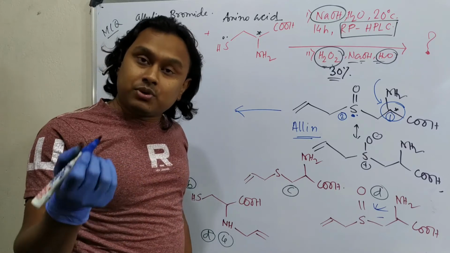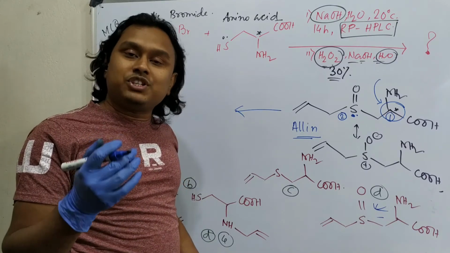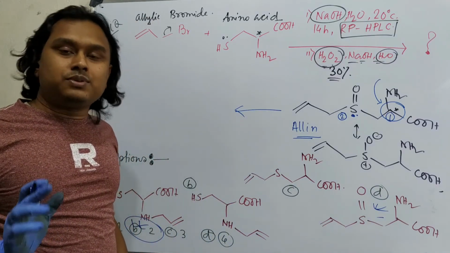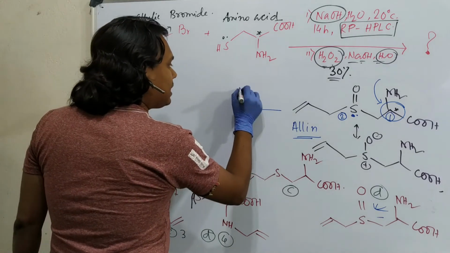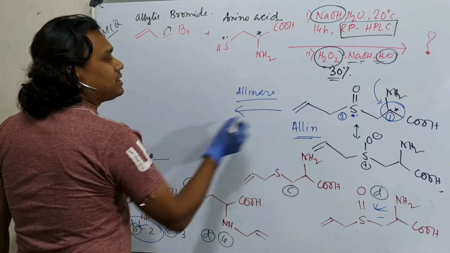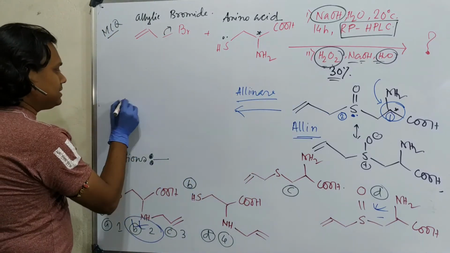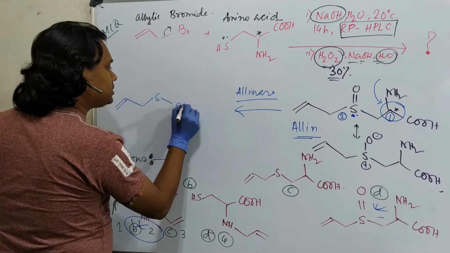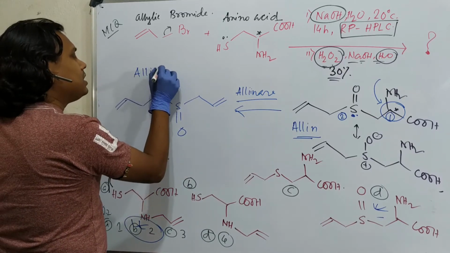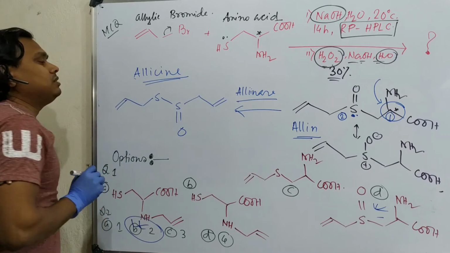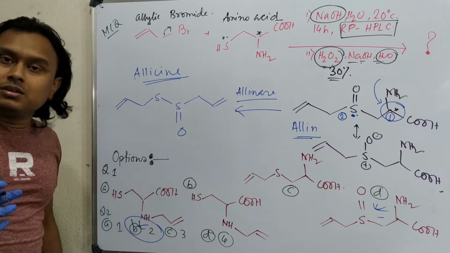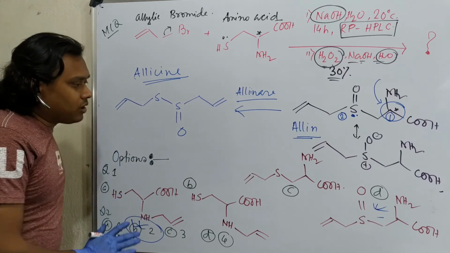Because it remains in the garlic. When you damage the tissue of a garlic, it produces allicin. By the way, I have discussed a dedicated lecture on allicin. Please visit for more understanding. So alliin, in the presence of the enzyme alliinase, is converted into allicin. Allicin means this sulfur having a double bond. So this is allicin. You have heard a lot about this molecule because this is the component of garlic, and this is responsible for the smell of garlic. So this is the overall discussion.